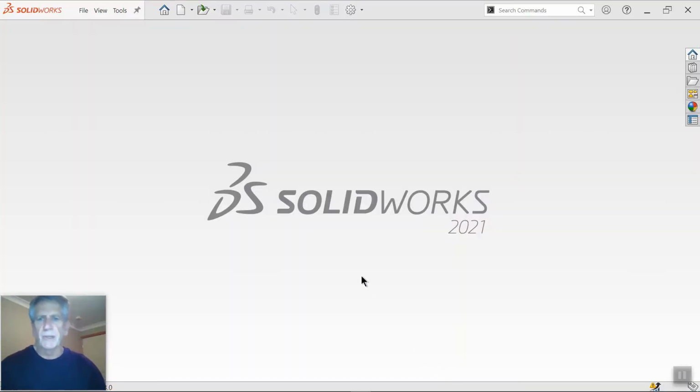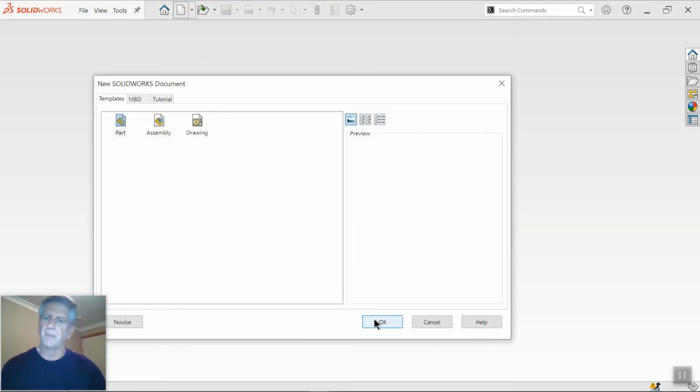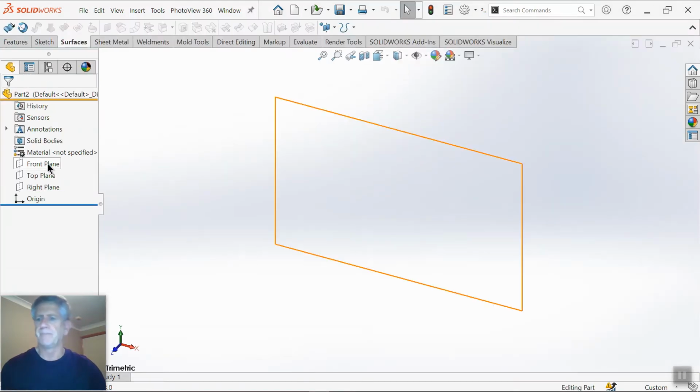So just before I jump into demonstrations and showing a few of the surfacing tools, I just want to have a little explanation about surfacing and solid models. For anyone who hasn't used surfacing at all, it's not something to be particularly frightened of. Matter of fact, it's very, very similar to solid modelling. So I will demonstrate that to show that there are not a lot of differences between it. So let me just start a part,